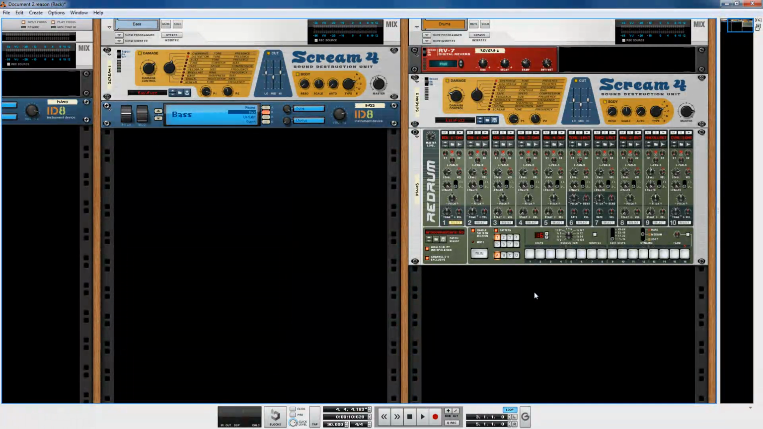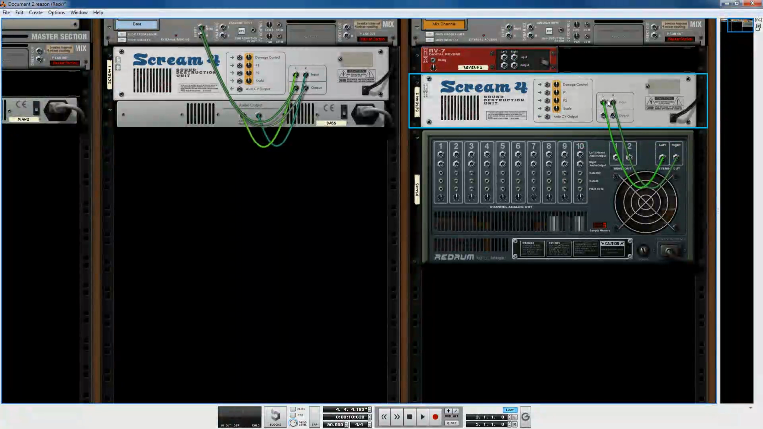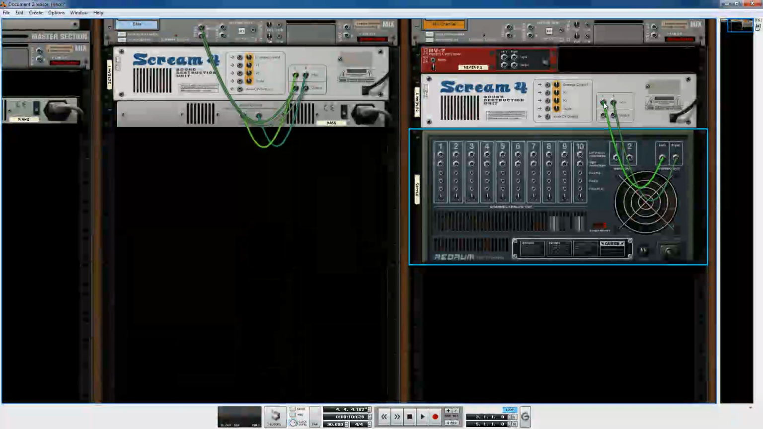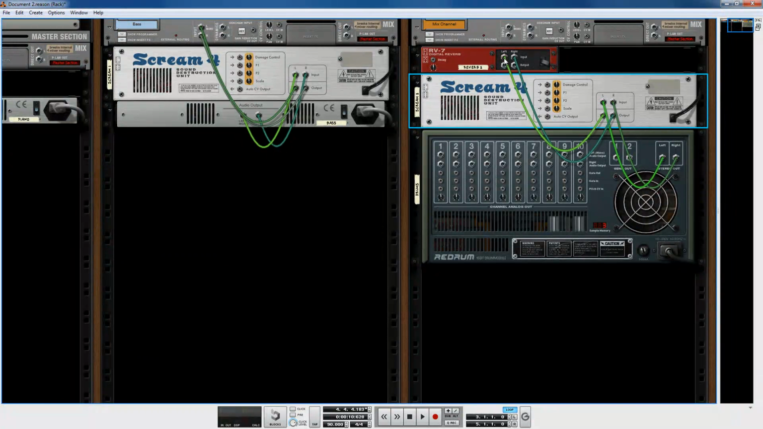Now, what's really important to know about Reason is the way you hook up, the order in which you run your signals through your effects boxes will affect the way that they sound. For example, think of it like this. I'm going to unhook all these cables. If I hook up the drum machine into the Scream 4, and then I hook the Scream 4 into the reverb, and then the reverb into the mix channel,